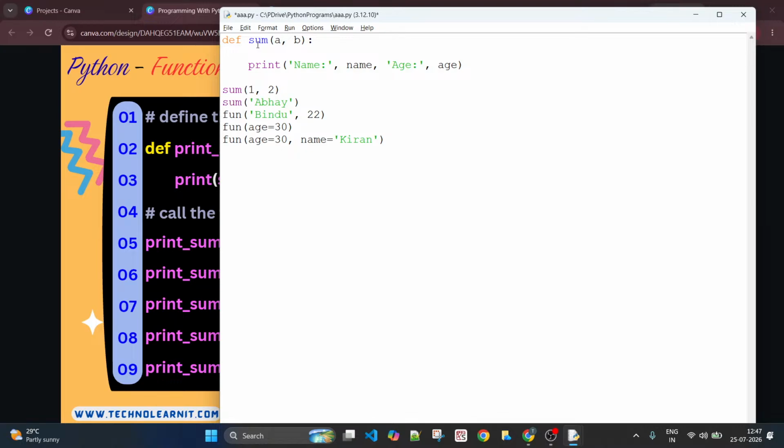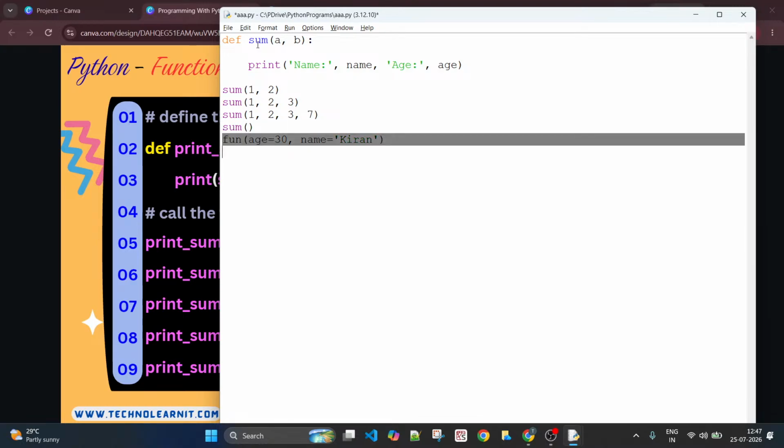I may also want to call this with three arguments. I may also call this with four, five, 10 arguments. It should be very generic actually. So I may pass four different arguments. I may not even pass arguments, interestingly.